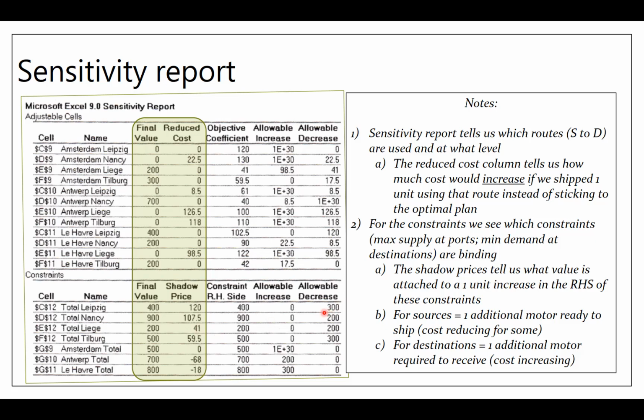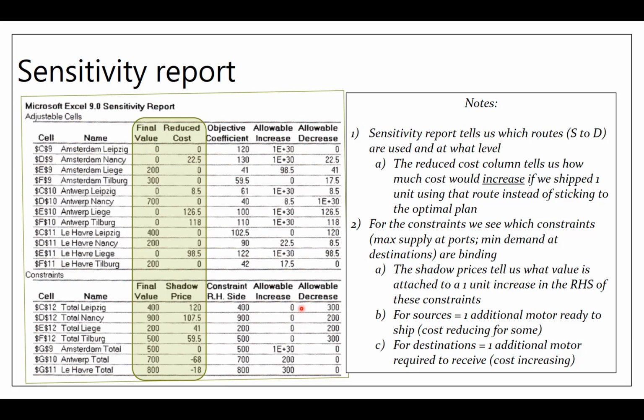One other thing to keep in mind: the sensitivity comes out a little bit funky in these. It's one of the reasons you have to go check. If you end up with a solution like this, you need to actually solve the problem and make sure you don't have an artifact, a reduced cost of 0, because the allowable increases here are all 0 on this side, and the allowable decreases are all 0 on this side, and that comes from the problem being perfectly balanced. It comes from the fact that there are 2,000 units among the destinations and 2,000 units among the sources. These numbers have to match up, and so there's no scenario analysis or plus or minus that you can think about